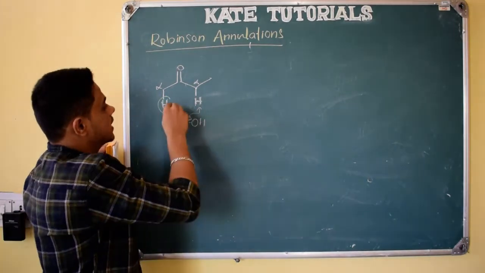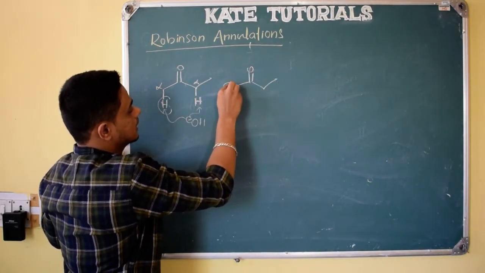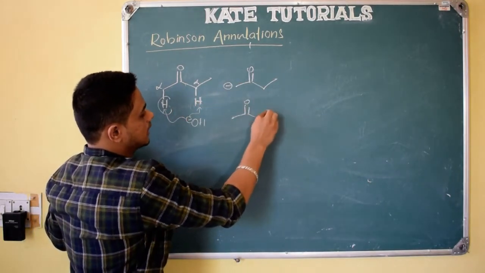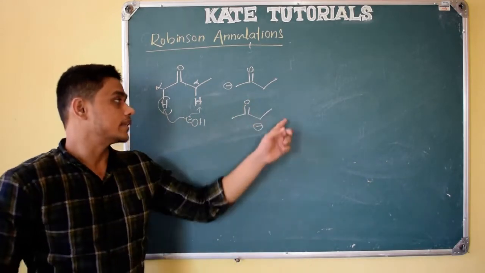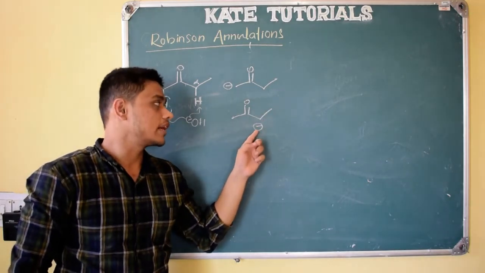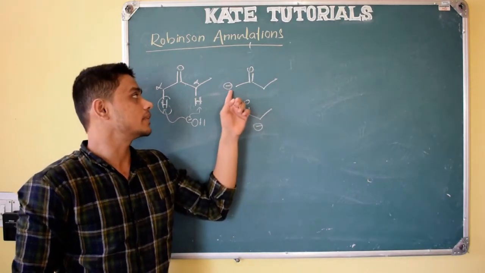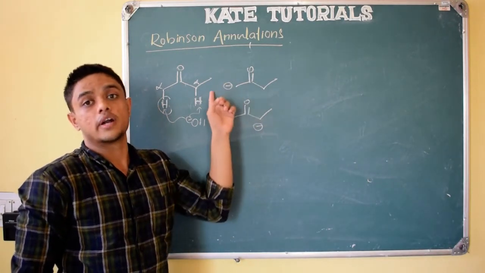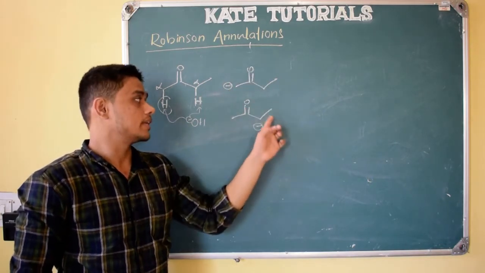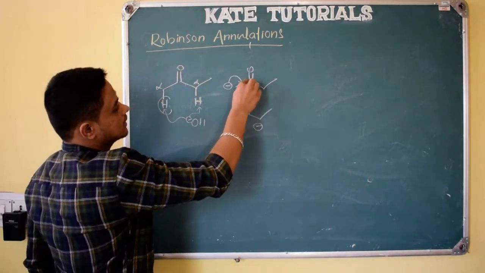Why is it so? Because if we remove the H plus, what happens? See here, negative charge comes on carbon. Similarly here, if we remove H plus, negative charge comes on carbon. But here a methyl group, CH3 group, is there. By inductive effect, it will give its electron density. So here it is negative, and it also gives electron density, negative, negative, more negative, which is unstable. But here there is no electron donating group, only the electron withdrawing group. Here the electron withdrawing group is there, no doubt, but the electron donating group is also there. So this will be more acidic because this is stabilized like this.